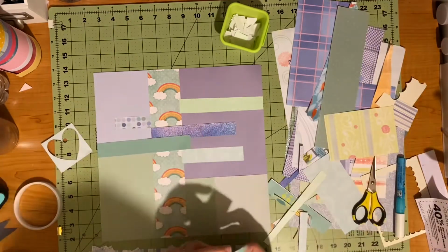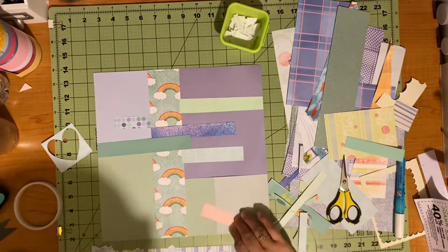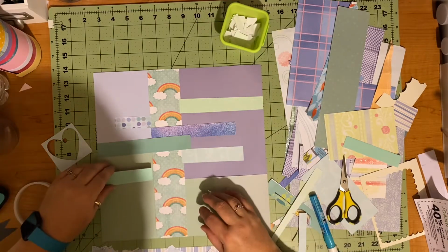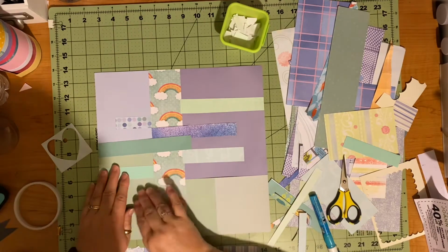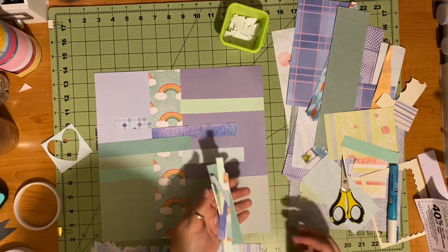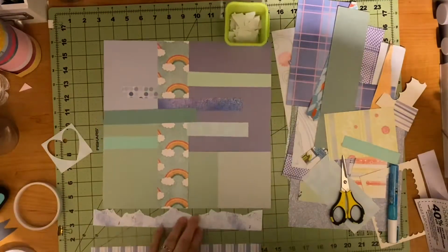And I don't know if you saw the shiny heart that I had, which is a scrap from one of my 30 Days of Sketches. I cut out an off-kilter heart, and this is the inside part of that heart. I'll pull that out, and it covers quite a bit of the strips that I use. But since I'm not exactly sure where I'm going to end up putting it, I just lay down strips. And you can see quite a few. I think there's probably three that are completely